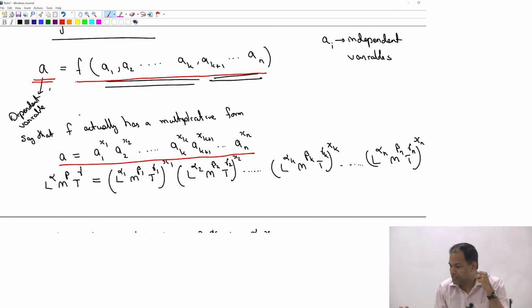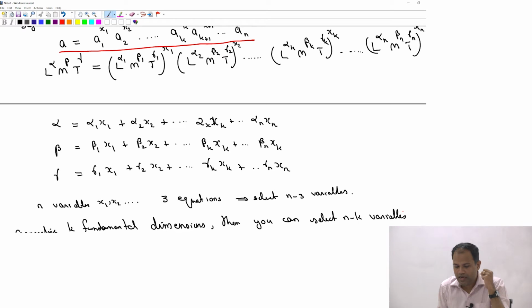And if I equate the dimensions of each of them, then I basically end up with 3 linear equations. Of course, we did not know what x1, x2, etc. up to xn were, and that's our objective. We want to find out x1, x2 and so on. We can't do that directly because we basically have 3 equations and n unknowns, because we had n variables to start with. So we have n variables, 3 equations. That means we have to select n minus 3 variables independently, and that will fix 3 variables as unique solutions, because these are linear equations. You will be able to solve them and find 3 of them.